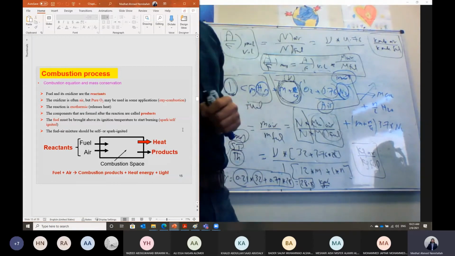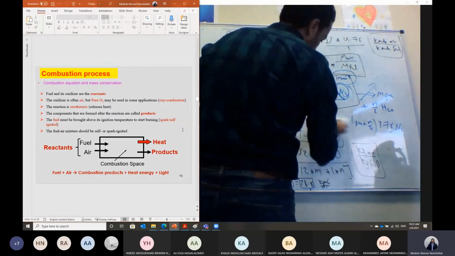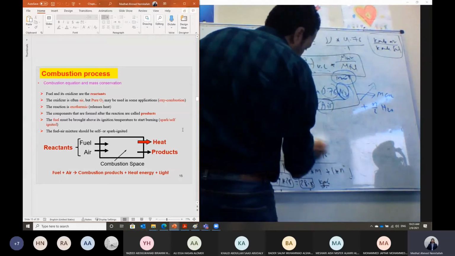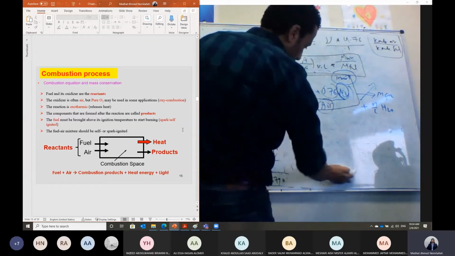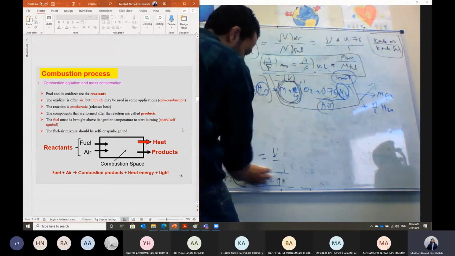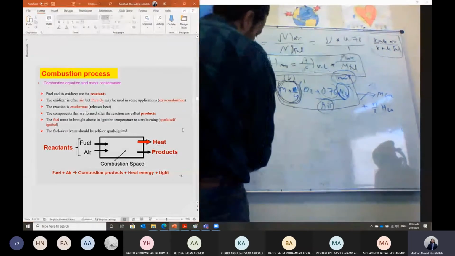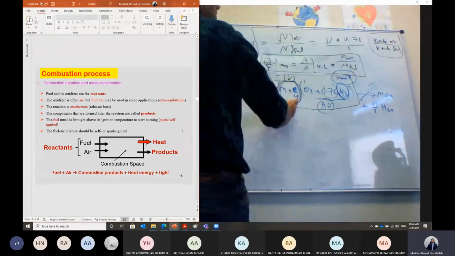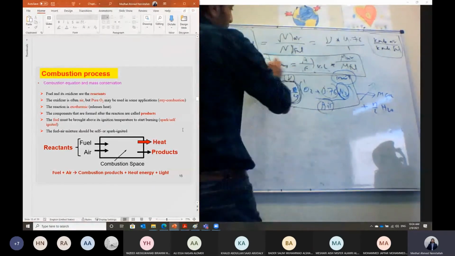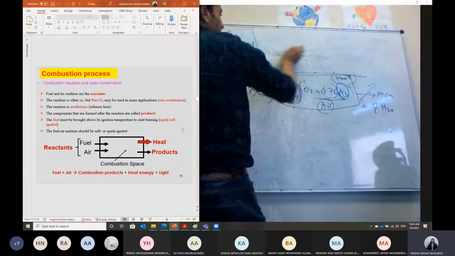But usually, when you are burning a fuel, you cannot provide just the stoichiometric or theoretical amount of air, which is equal to m plus n over 4. We have to add more air, because we don't guarantee that all the fuel will be mixed perfectly so that it can meet the corresponding amount of air and then be converted to combustion products. So usually there is a problem of mixing between air and the fuel. We cannot mix the fuel with air perfectly, so that when we provide stoichiometric air, just the theoretical amount of air, all of the fuel will be converted to combustion products. So in this case, we have to add more air in order to make sure that all of the fuel